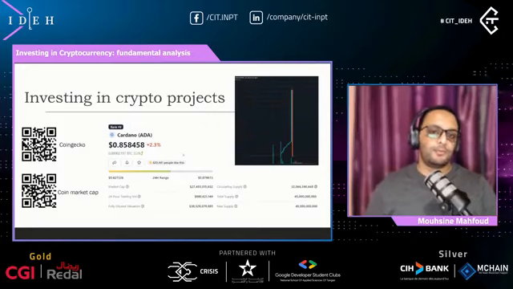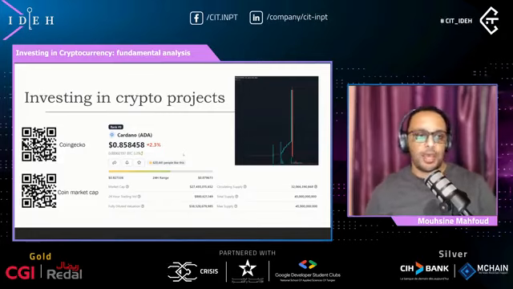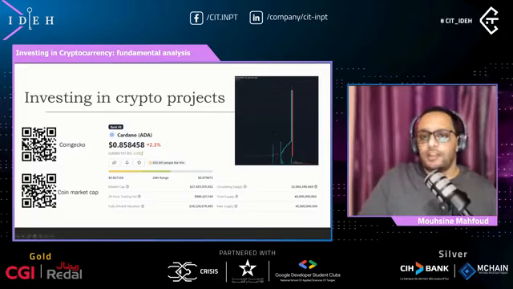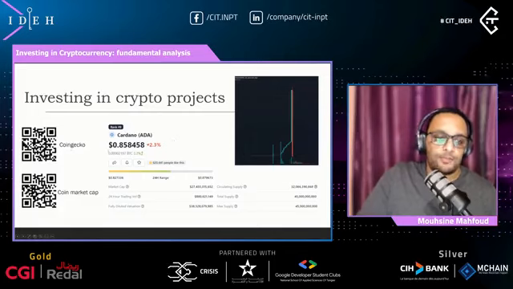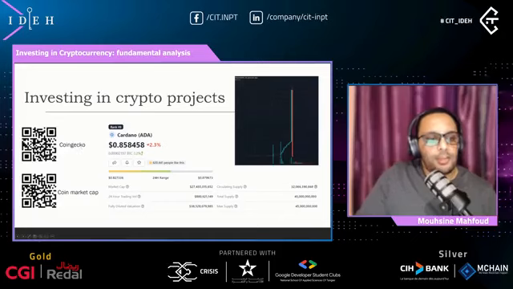So investing in new crypto projects is the second way that we saw, but we have to be very careful. If we get involved in a new crypto project very early, we can really gain a lot, but it's really dangerous. We have some things to check before we buy the token for that specific project. There are two sources where we can see newly listed tokens, CoinGecko and CoinMarketCap. You can scan the QRs if you want to visit those.